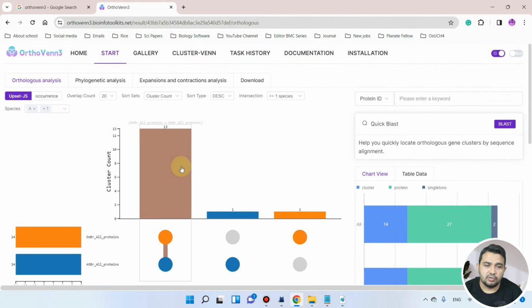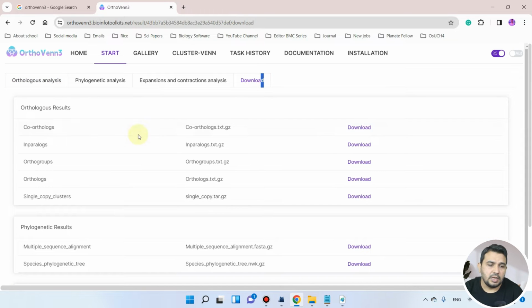How can we know which genes are orthologs and which genes are paralogs? We can simply go to this download button, and here we can download the results. Here are the co-orthologs, here are the paralogs, here are the orthogroups, and here are the orthologs.